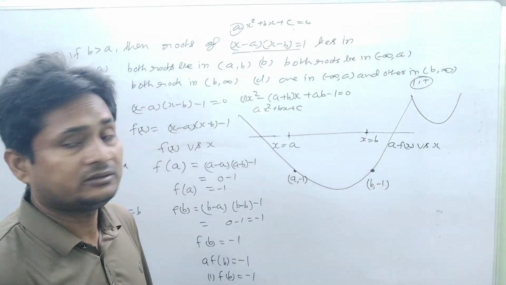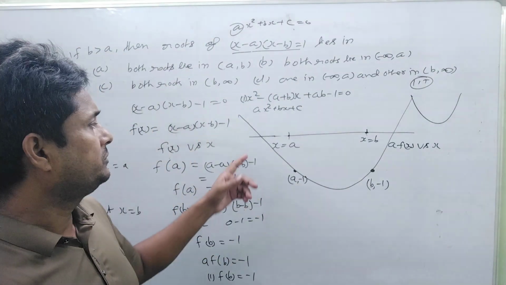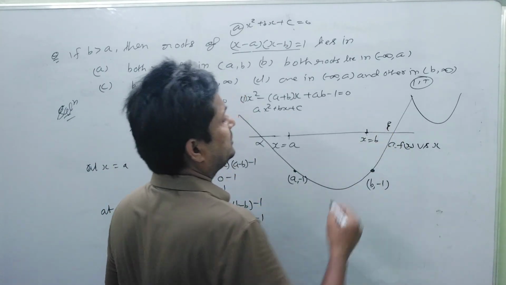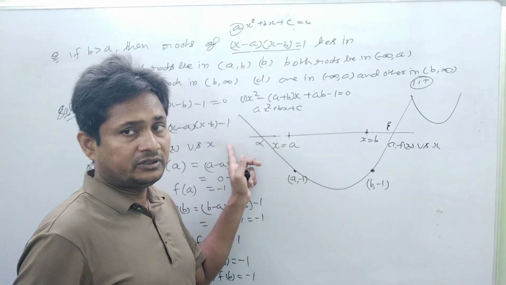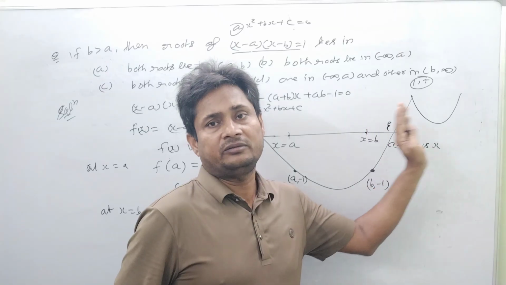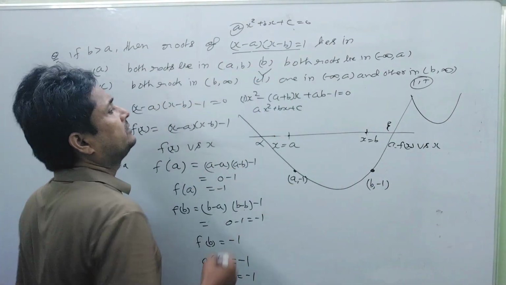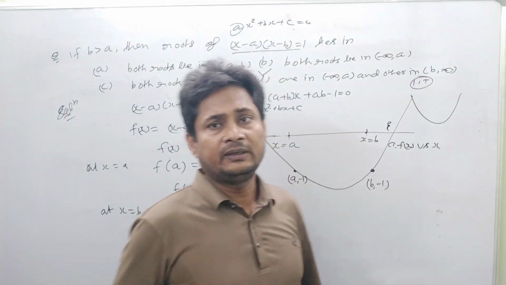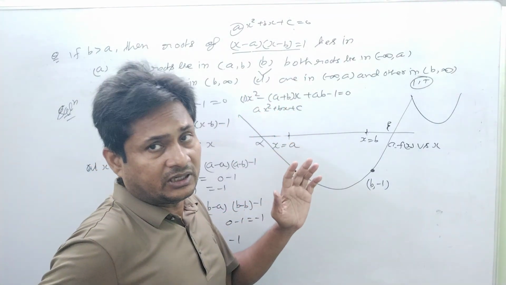Now you can easily see which root lies in which interval. One root is this one, call it alpha, and the other is beta. One root lies in minus infinity to a, and the other root lies after b, that means in the interval b to infinity. So which option is correct? This is the fourth option: one root in minus infinity to a and the other in b to infinity. We just considered the graph of